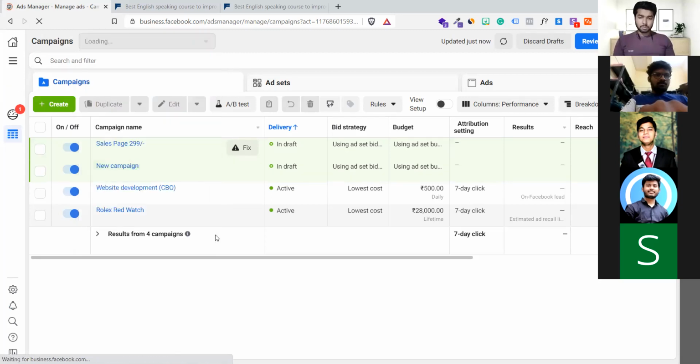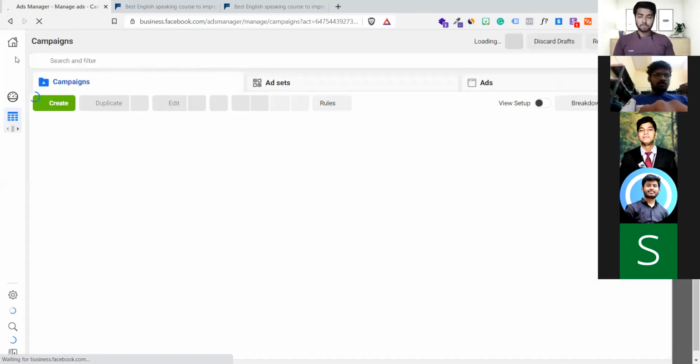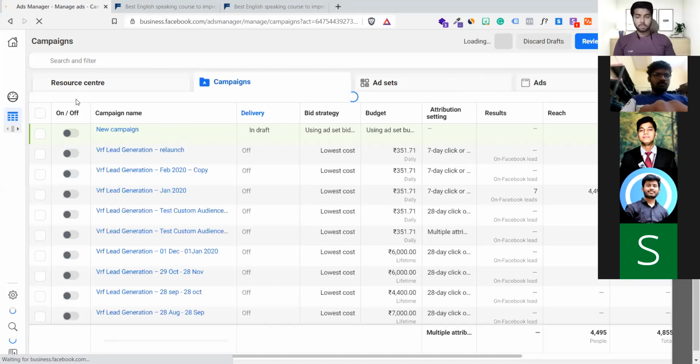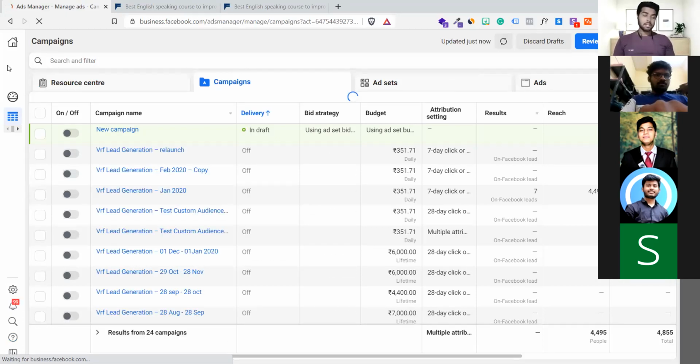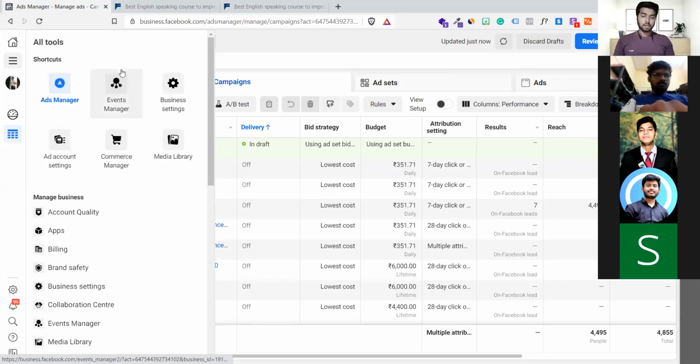Okay, let me just go back here, go to my company, and here I'll do the same activity I do for some other people as well. There are no such different activities. If you have to create more than one custom conversion, you can create it, but initially you will get just one pixel ID for one ads manager. If you think you can create multiple pixels, that is an exclusive thing. It is only for those people who have Business Manager access.